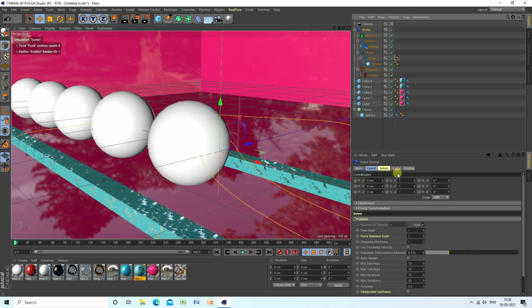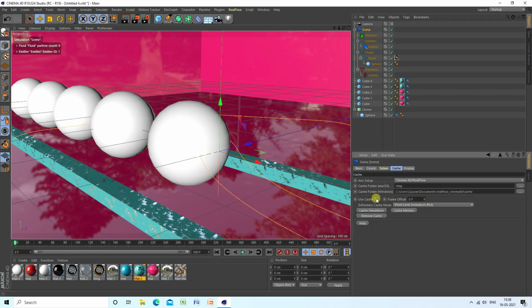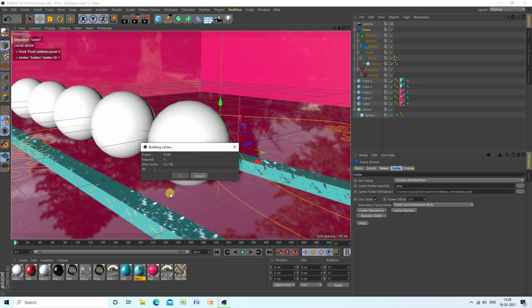So go to screen and cache. Guys, use cache check and cache simulation. Click. So guys, after building cache, create render. So guys, that's it. That's my new style of particle animation with